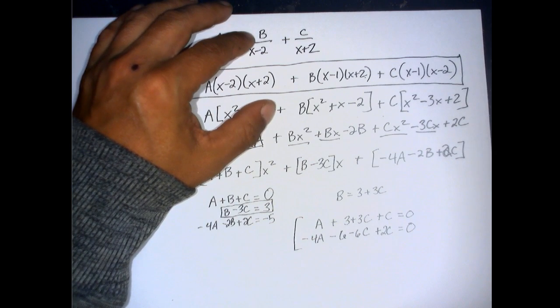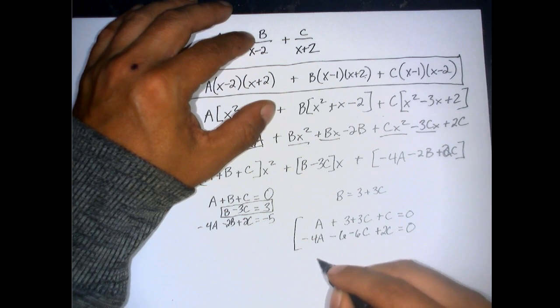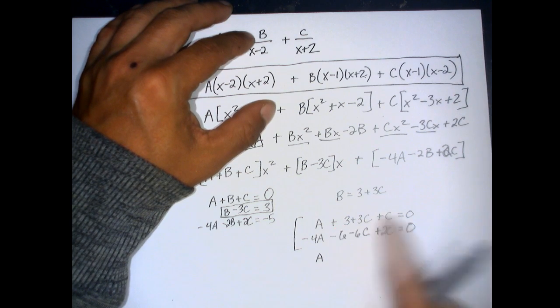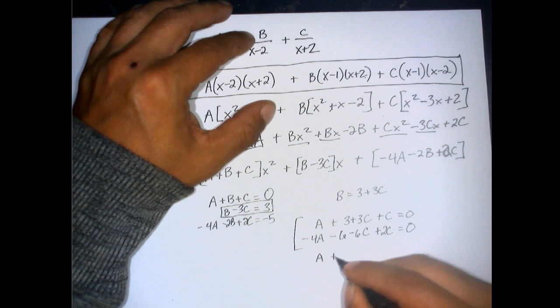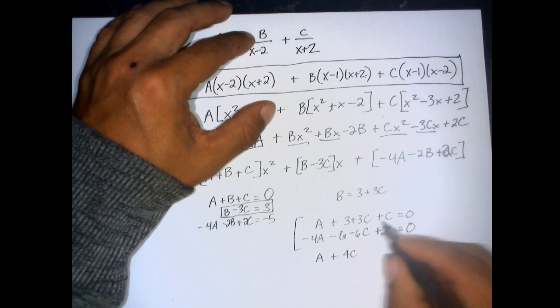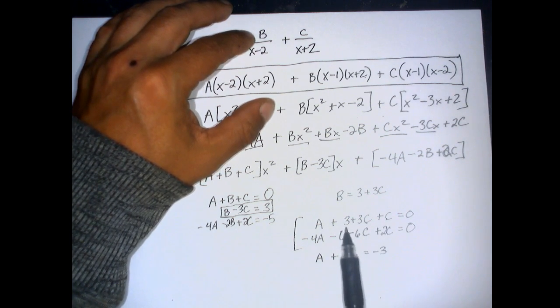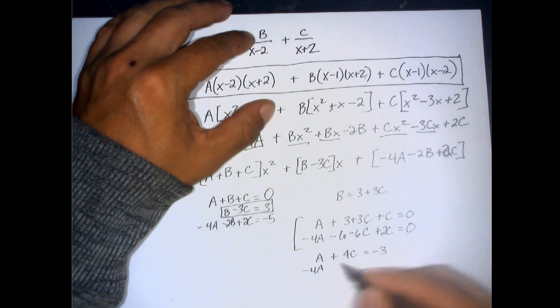Now, let's sort this out a little bit so it's a little prettier. If I subtract 3 from both sides, so it's a plus 4c. I'm going to go ahead and combine those and subtract 3, like that. Okay, so I subtracted the 3 to this side, and I combined those two. All right, now, negative 4a, I add 6 to both sides, and then we'll have